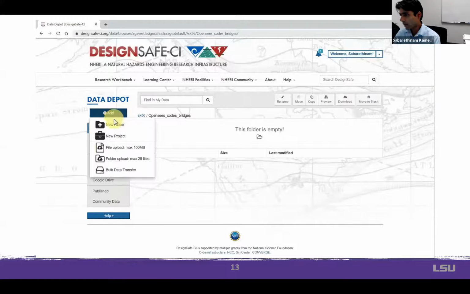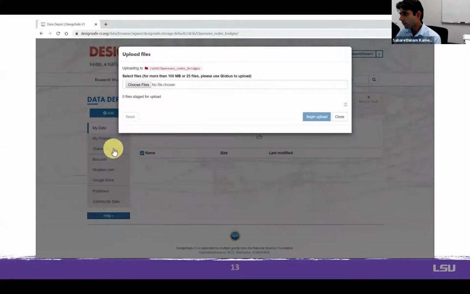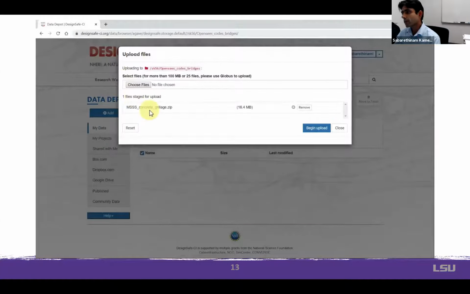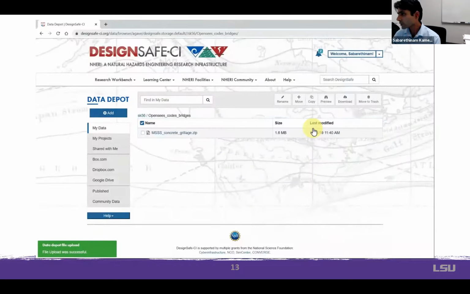So I'm going to add a file. What I have found typically is that adding files in a zip file is the best way when you have multiple small files. For example, I have here MATLAB and OpenSees scripts, plus the ground motion scripts for the 348 ground motions that I have. I have the acceleration files for the ground motions in 2 directions, X and Y. So that's a lot of small files, and when we have to upload those, the easiest way is to just upload a zip file.